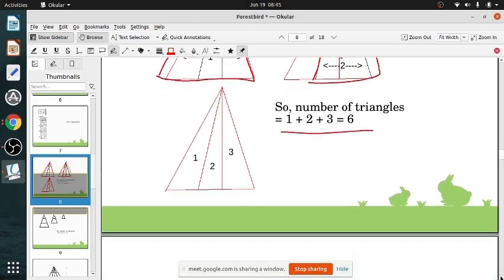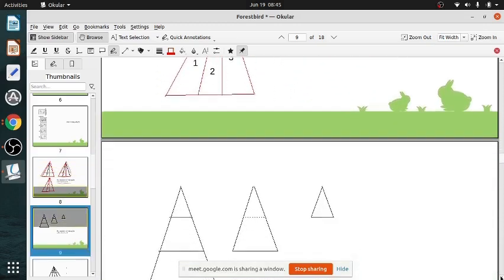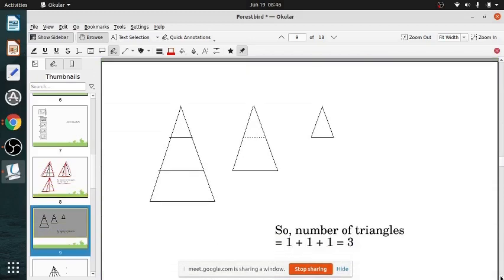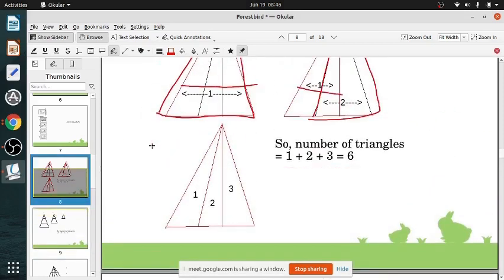Now if it is divided vertically also, then vertically you can't take 1 plus 2, because I can't take, for instance, only the second and third. Kritika, can I take this one? Will it form a triangle? No, sir. So I have to take the top one. Either I take the first and second, or first, second and third, or all the three. I can't take the second and third.